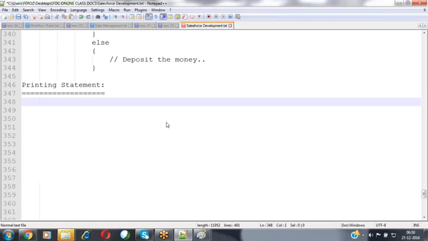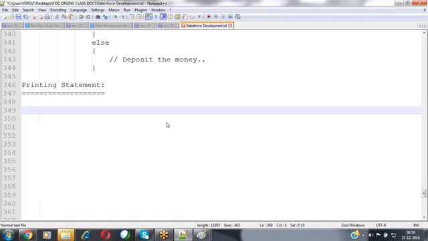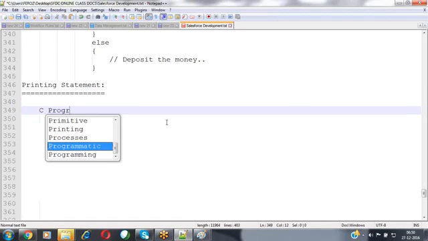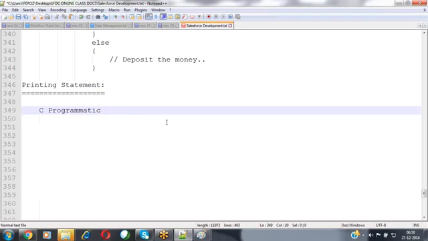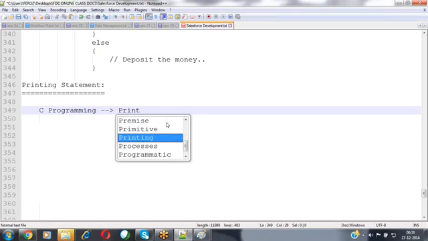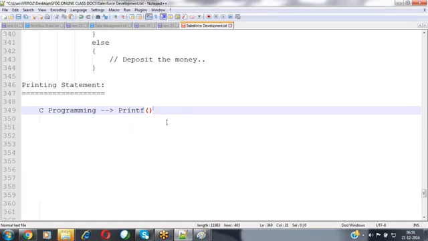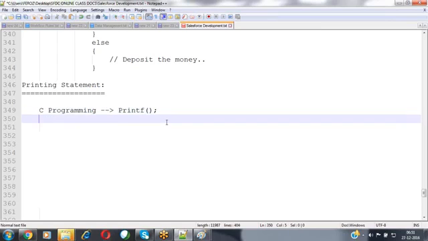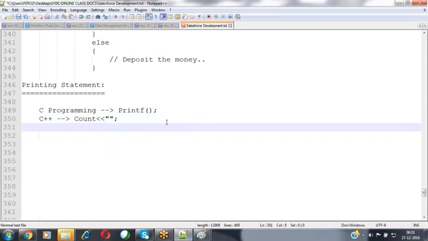For that, in every programming language, they have provided printing statements. For example, in C programming, you have a printing function called printf, by which we can print some message. In C++, you have cout, where we can enter some value.